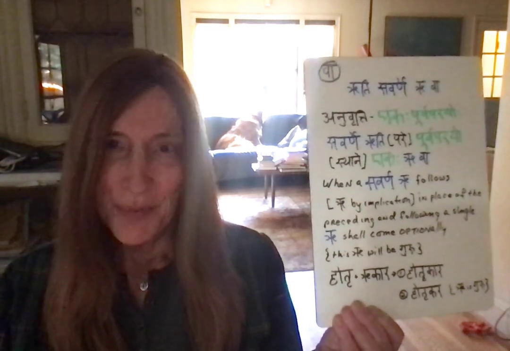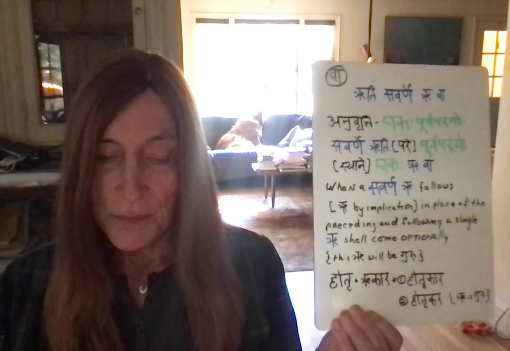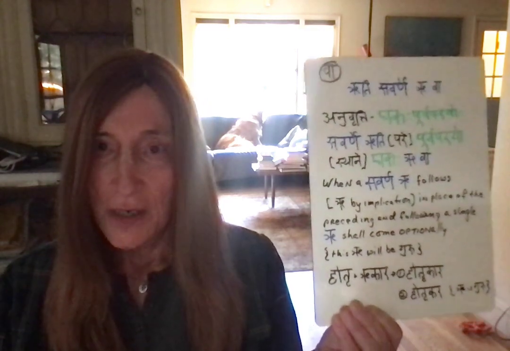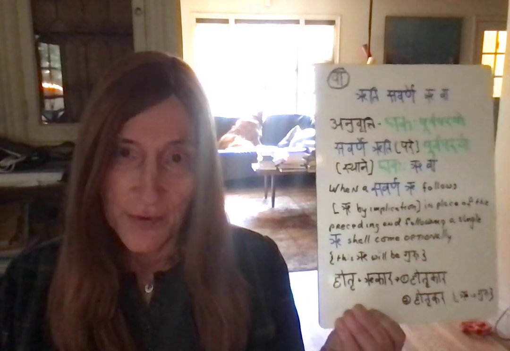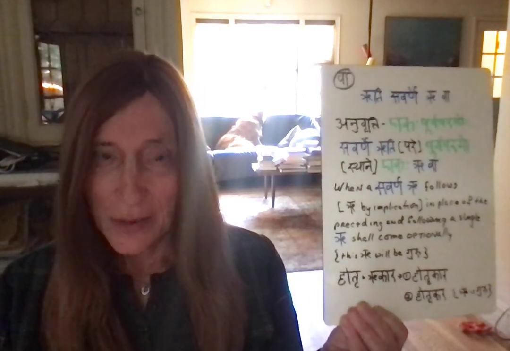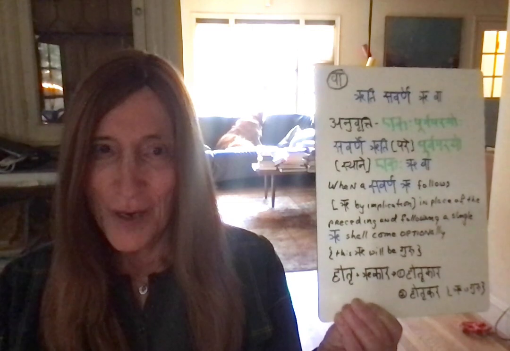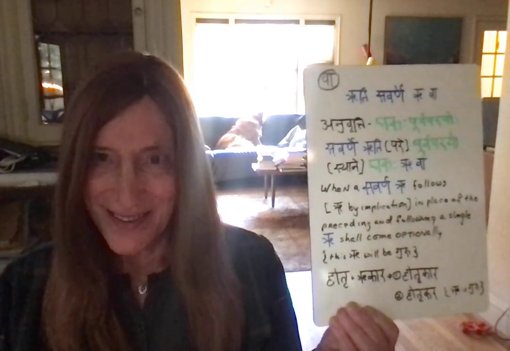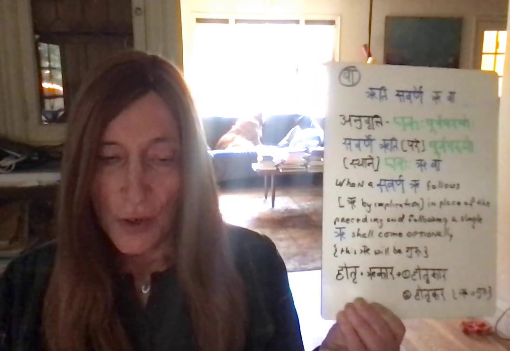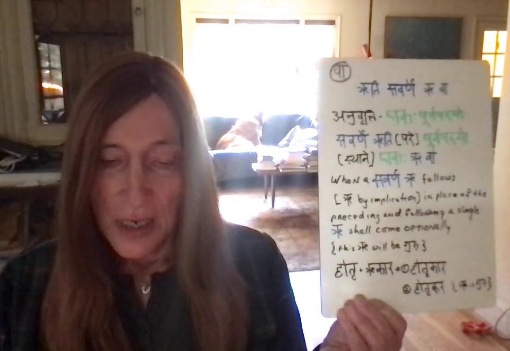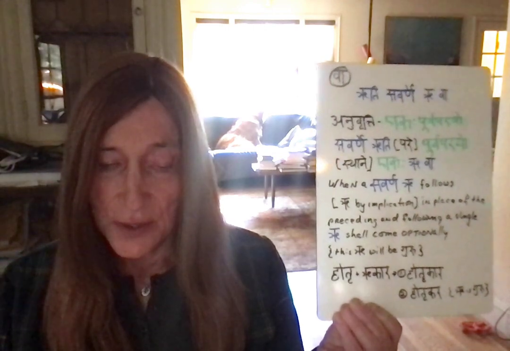Now the Rur by implication, I think we should just leave it alone. Because as we know, because of Rulavarne Yormita Savarnyam Vacham, technically Savarna of Rur is also Lur, which we'll see more in the second one. But these rules are not riddles, they're meant for a purpose. So common sense comes in to disambiguate things from time to time. So when a Savarna Rur follows Rur, in place of both the preceding and following, a single Rur shall come